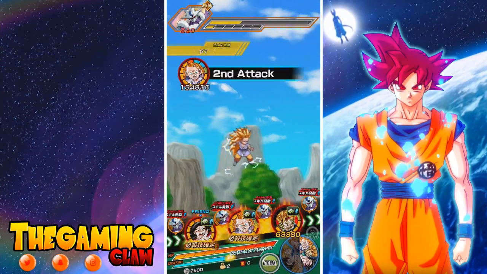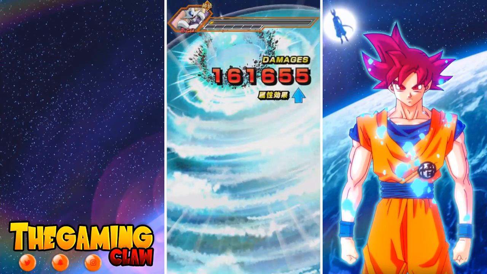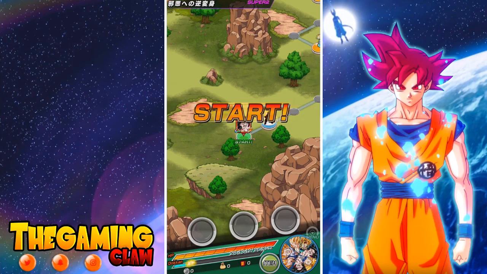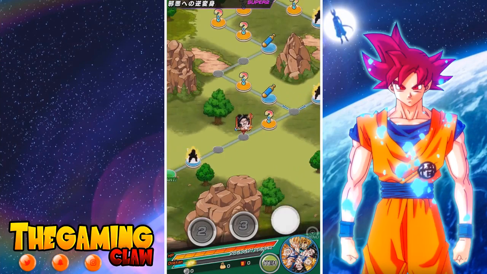And I think he's going to die this turn, actually. I hope he doesn't, because I still want to try out Trunks against this stage. Oh, rip. So, from what we've gathered, he can consistently hit for around 250k. So yeah, like I was saying, this Trunks can consistently hit for around 250k, which honestly isn't too bad,